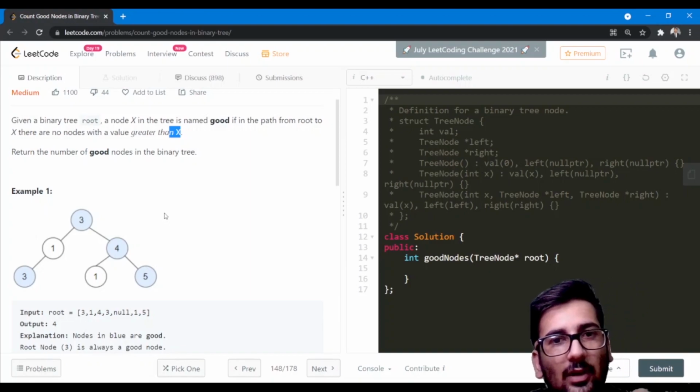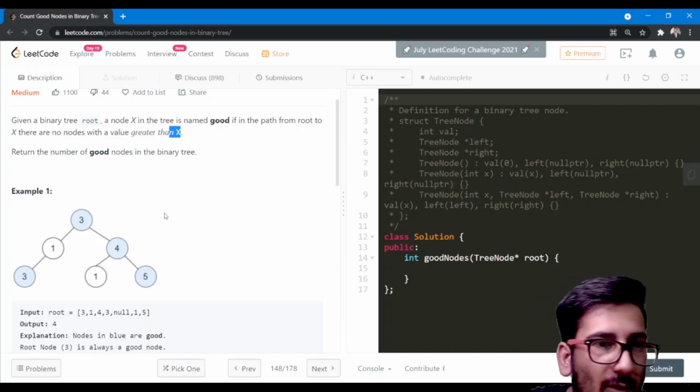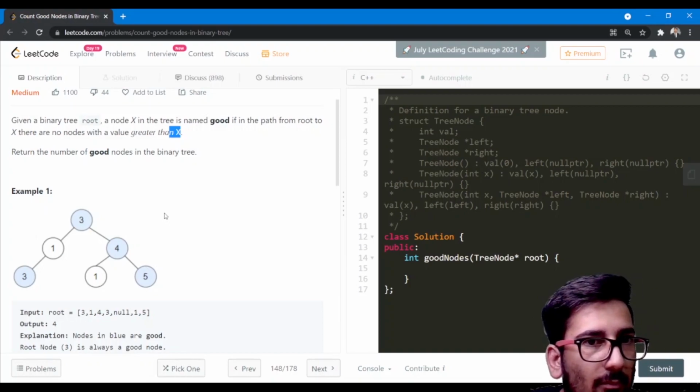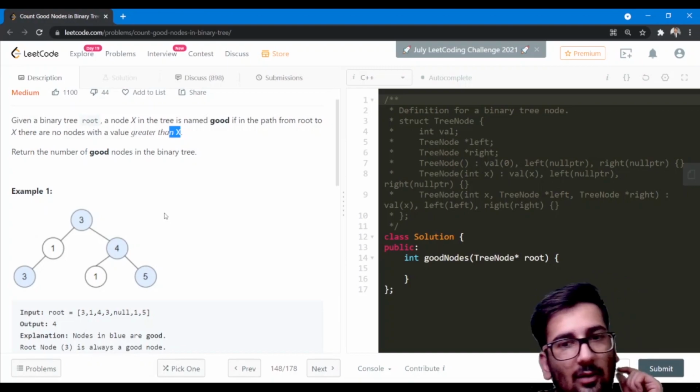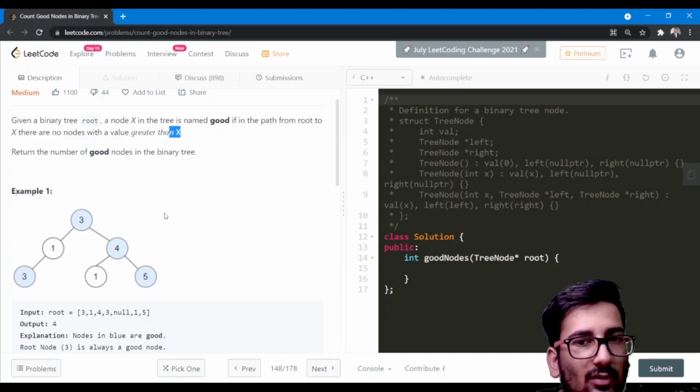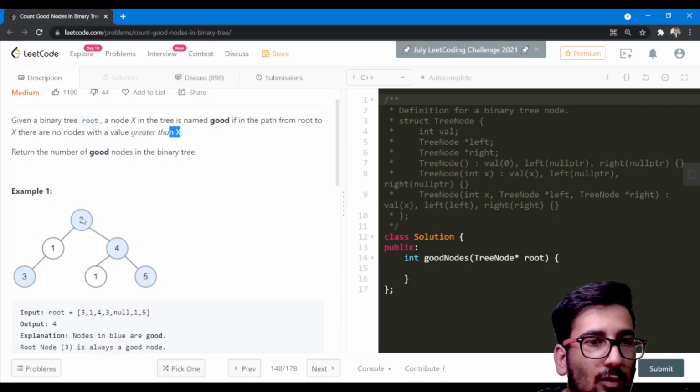Okay, so we can traverse the tree in two ways, either breadth first search or depth first search. Okay, so here we are going to use depth first search. Okay, why? Because we need to traverse from the root to every other node.